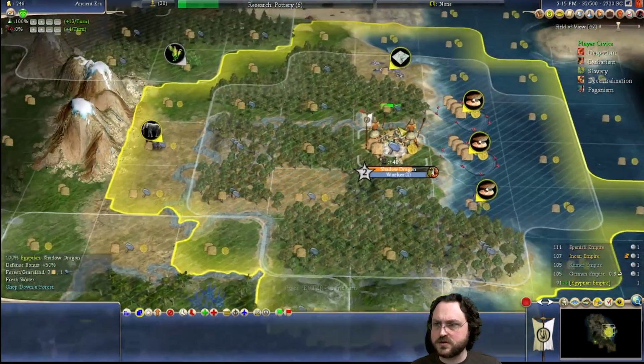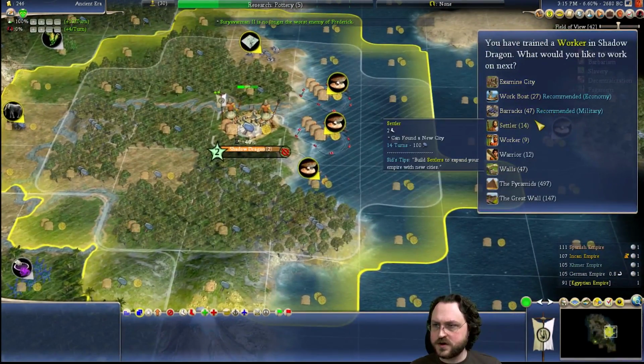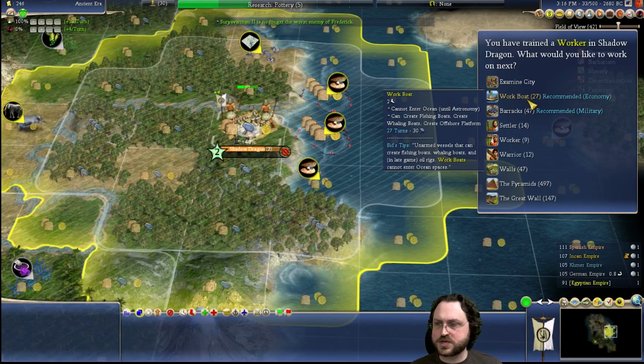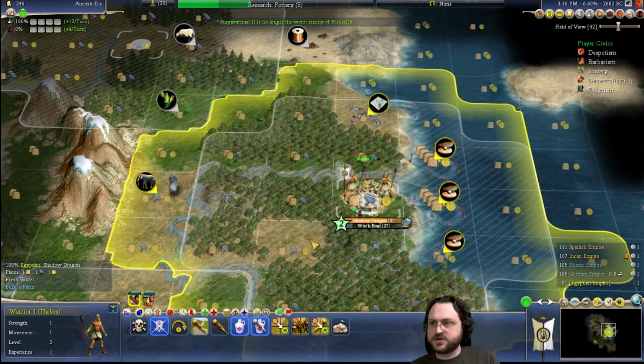Yeah, you're still working that worker, which I'm still happy about. And we will want another workboat. We do have a worker, which is good because we want to start chopping. I think it makes sense to build a workboat because that won't stop our city growth. So we're going to do that. And we're going to try to get up to...